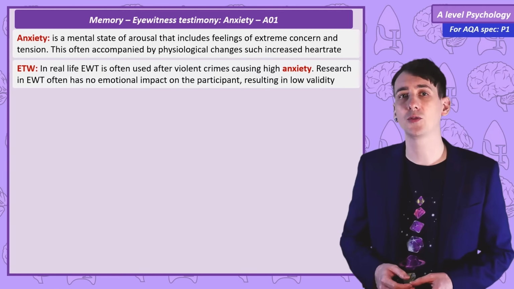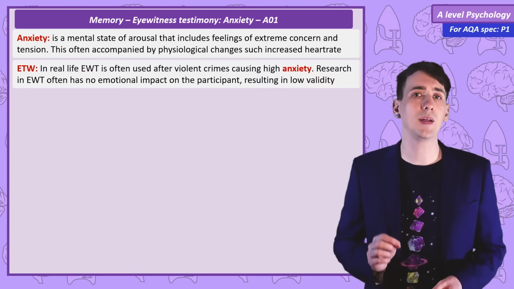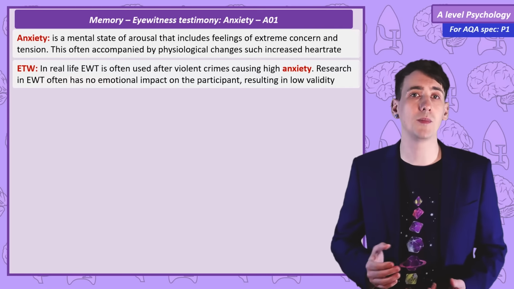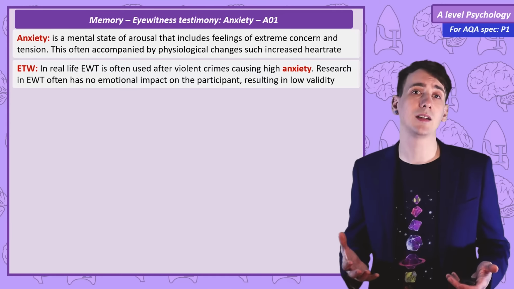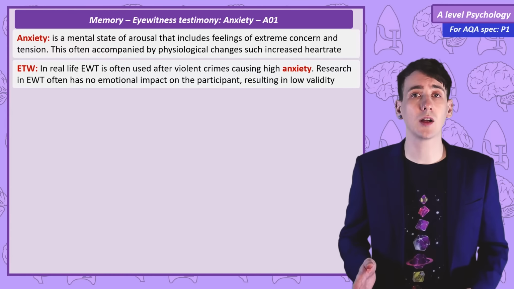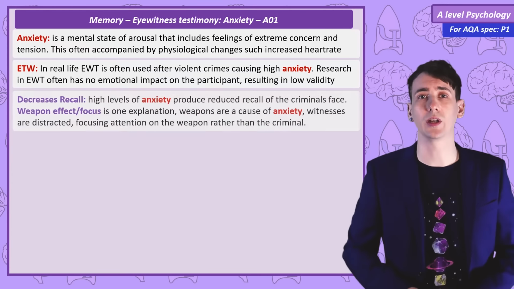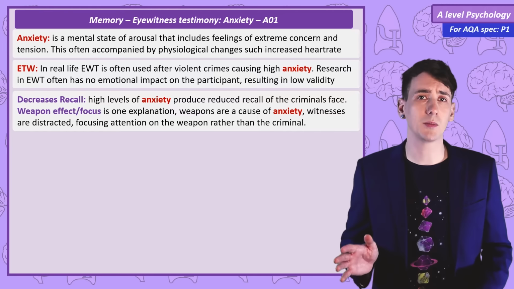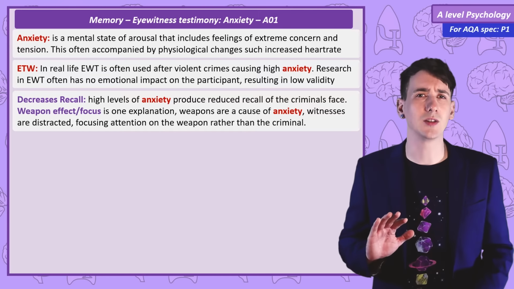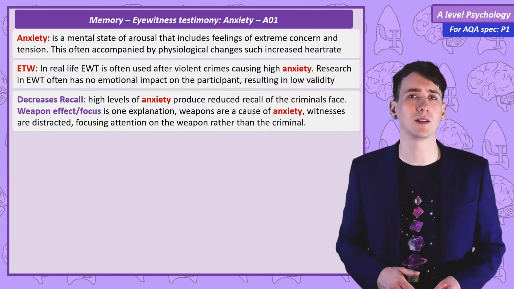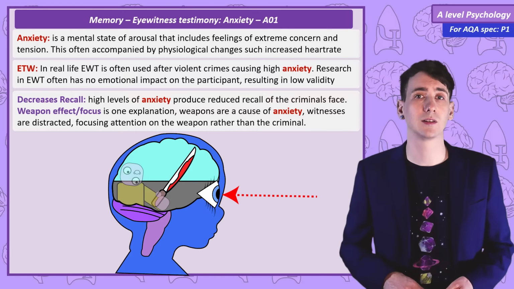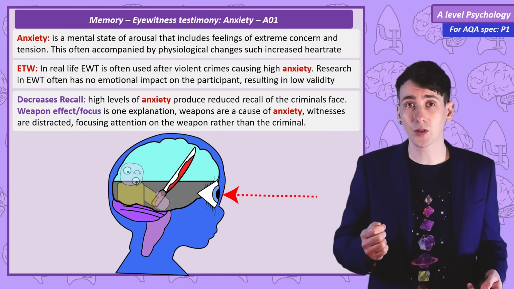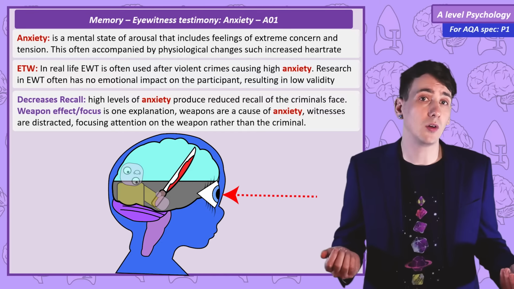But none of the lab-based research we've looked at so far makes the participants anxious, so maybe those studies lack validity. There are a few suggestions of how anxiety affects recall. Some psychologists argue anxiety decreases recall. People are so anxious that they become distracted, not paying attention, so they can't accurately recall later. One aspect of this theory is the weapon focus effect. The eyewitness is so focused on the gun or the knife that they don't look at the face of the